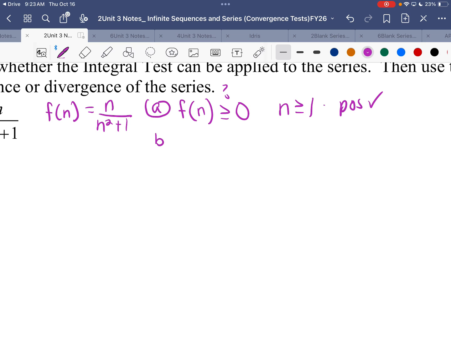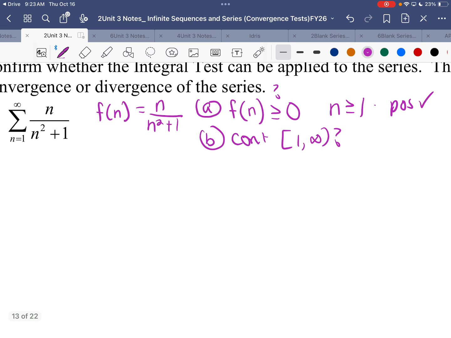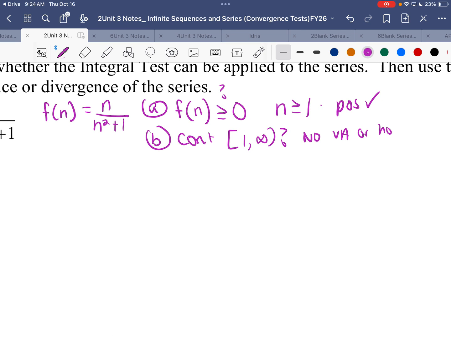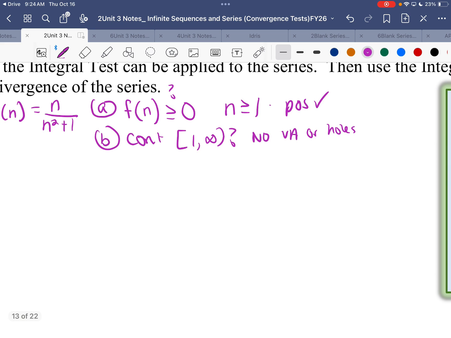Then for B, seeing if it's continuous. Is this continuous from 1 to infinity? Are there any vertical asymptotes or holes in this expression? No, the vertical asymptote doesn't exist. It's an imaginary number. So no vertical asymptotes and no holes. This is me proving that it is positive and continuous just because I want you to understand what my thought process is. But again, you just have to check to see that it is continuous. So yes, it's continuous. And then C,